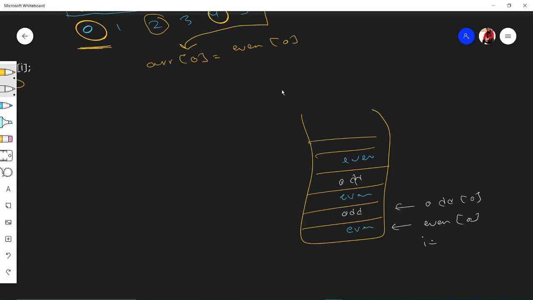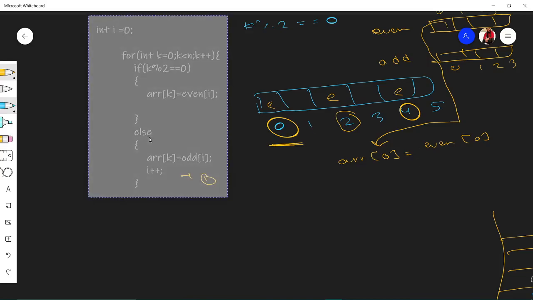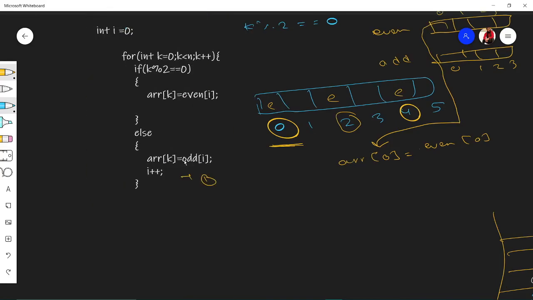If I just increment this i plus plus, this odd will become odd 1 and it will pass the value of this odd, not this odd. So that's why I haven't incremented my i yet. Let it pass through the second loop also. Now we are on odd. This will not execute, I will just enter this.